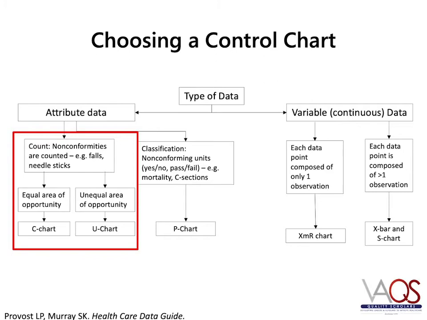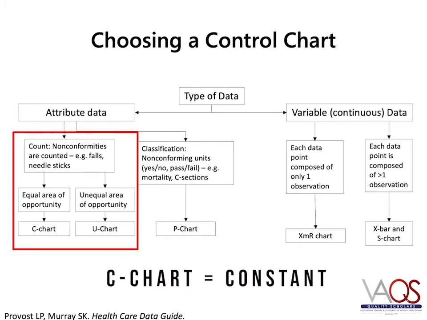The choice between using the C chart and the U chart depends on whether or not you have a constant denominator. If the capacity to complete colon cancer screening is constant month to month, you would have an equal opportunity for the cancer screening to occur each month, and a C chart would be an appropriate statistical process control chart. On the other hand, if the capacity to complete cancer screenings varies each month due to availability of staff or equipment, then there is an unequal opportunity to complete the screening, and a U chart would be the appropriate statistical process control chart. To remember the difference between the two, remember that the C chart has a constant denominator.